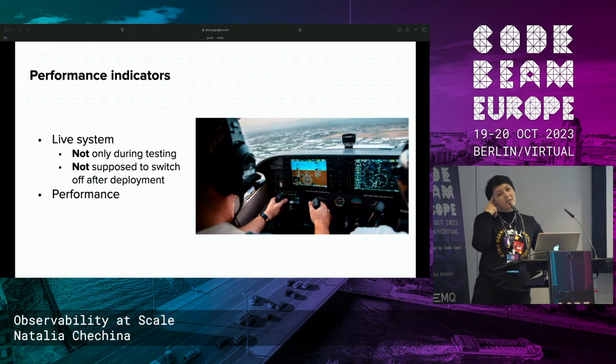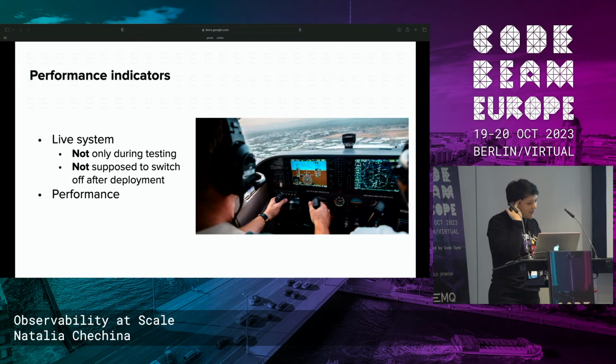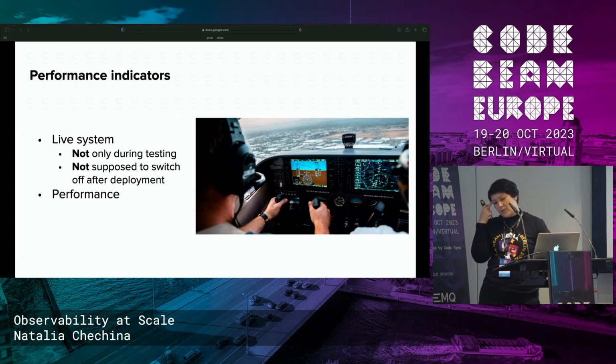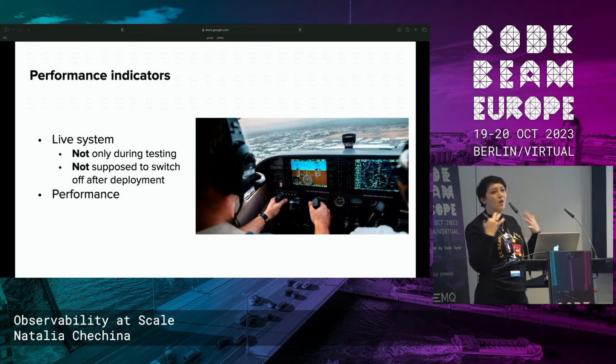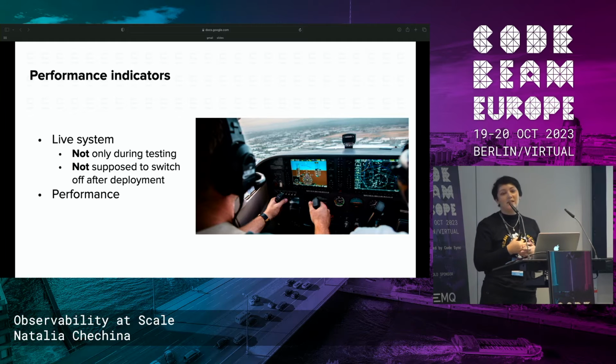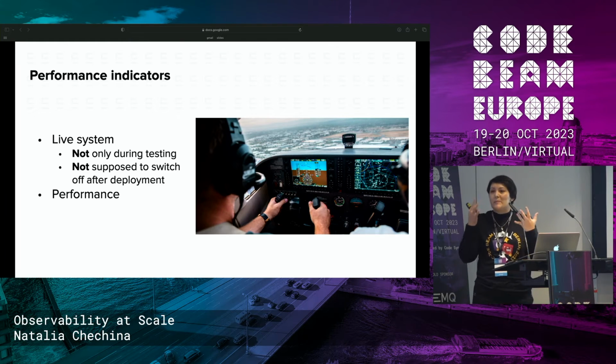Let's talk about metrics. Actually, I love metrics more than logs. The reason is that metrics are always on the happy path, and you need to think really hard about where exactly you put them. At a conference in April, I heard that people switch off metrics during the live performance. I was quite stunned, and I was thinking, what would I compare that to?